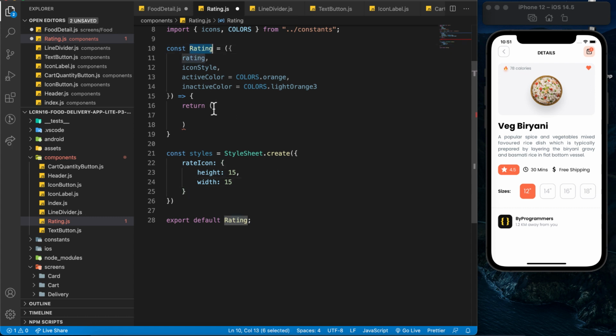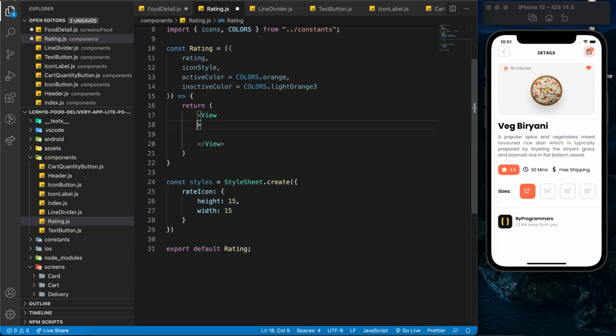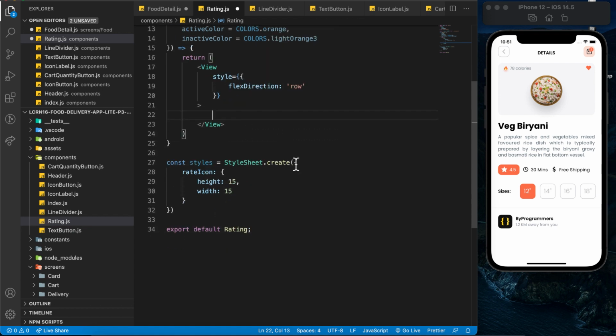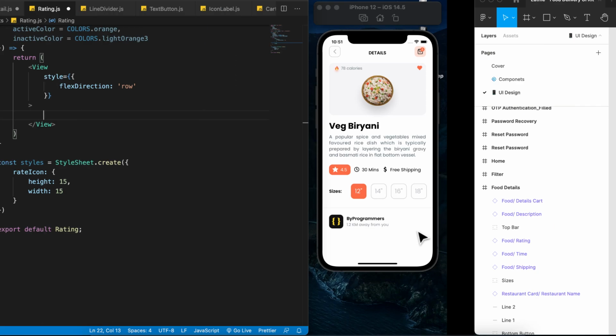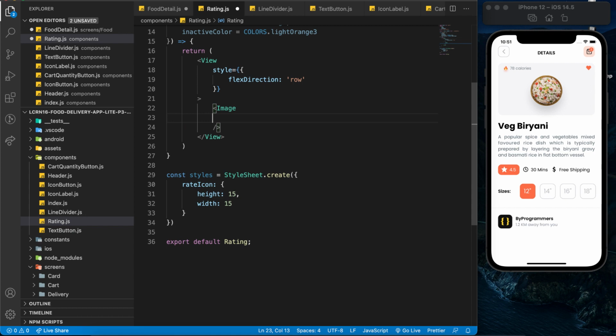Alright, now for the rating component over here, we are going to return a container view, give it a bit of styling, flex direction equals to row, like that. Now within this container view, we are going to render 5 image components, right? So we have image component. The source is going to be